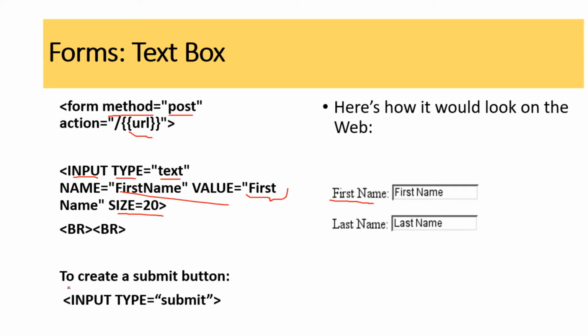Then you have input type equal to submit to create a submit button. We have input type equal to reset to open up a reset button. Here you have to specify the form method equal to post, followed by the action. We are going to submit this form. The form has to take these values and store them in the preferred location.